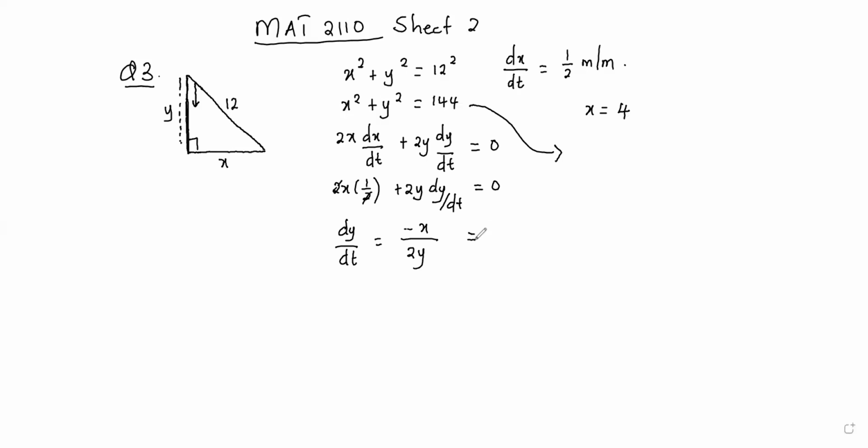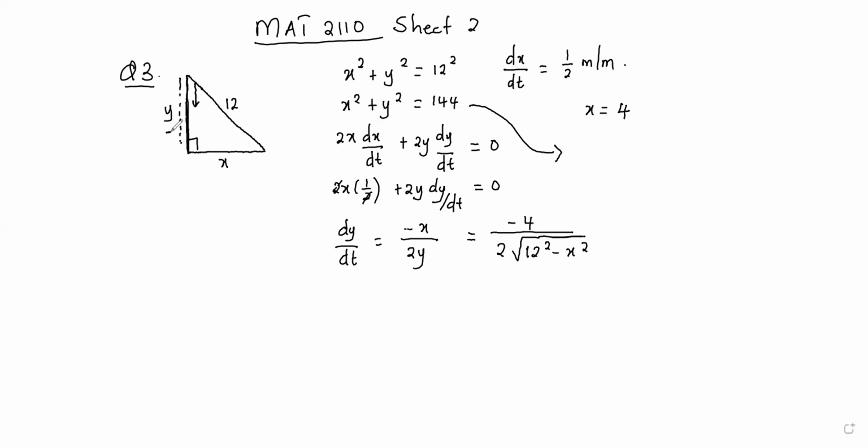So when x is 4, what is y? y will be the square root of 12 squared minus x squared. That's how we find y from the triangle